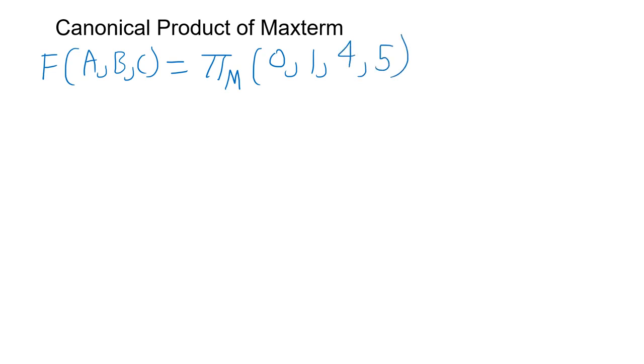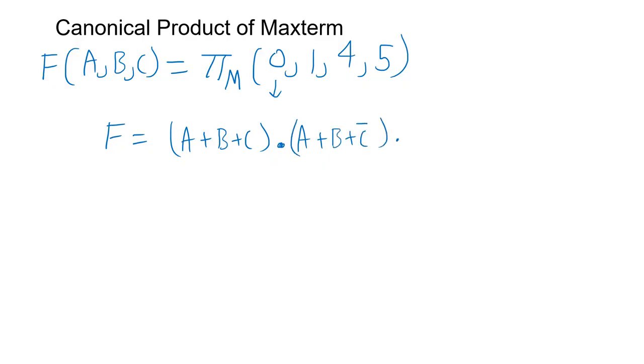Now once you say product of max term, it is representing the places where your function will contain 0 as output. Make sure it is representing 0 as output, but sum of minterm is representing 1 as output, right? So now if you represent in product of max term, how it will be represented? So here you have to represent this in the form of max term, so you'll get a plus b plus c. Now product, so we'll take dot, then 1, it will be a plus b plus c bar.